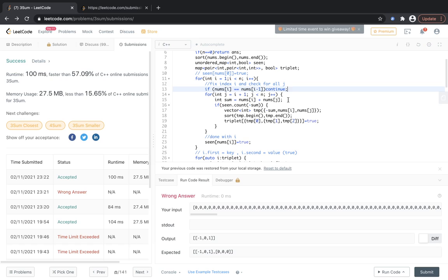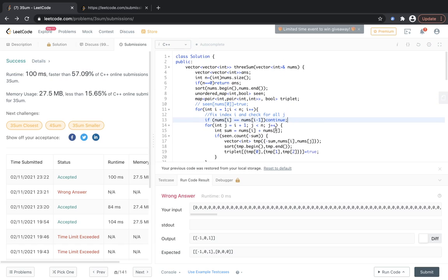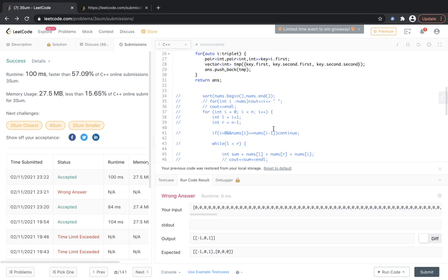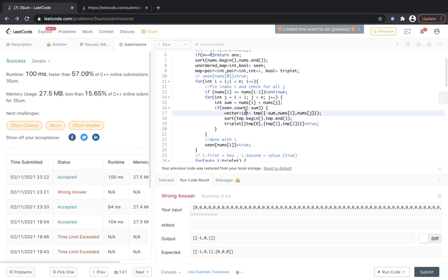Okay, so yeah, we are fixing the middle element in this case. Here we were fixing the very first element and then iterating over the second element and the third element. But here the logic is that we are fixing the second element and just checking whether we have encountered the first element or not. And this is fine. So the first 0 will work, but the second 0 won't work.